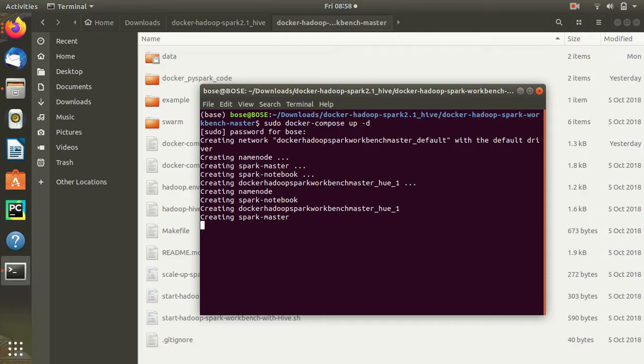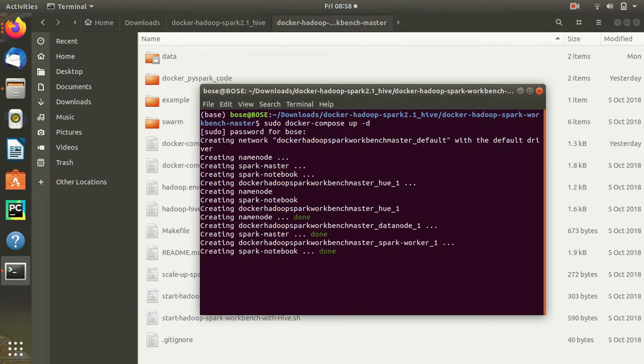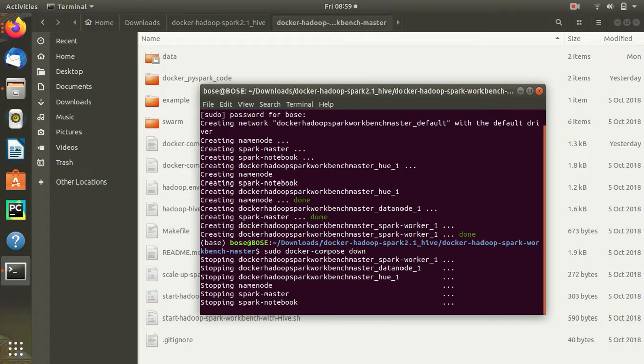But in case you are having an issue, like you are having errors, generally what happens is if you do not shut it down, then this error comes. So what do I mean by shut down? These are also like virtual machines, so you need to shut them down like you shut down your computer. So how do we shut it down? We do a down command. We do a docker compose down, then it shuts down. So all my containers are very properly shut down.